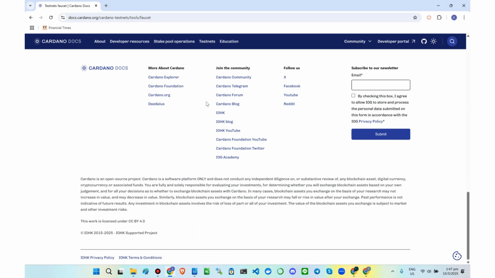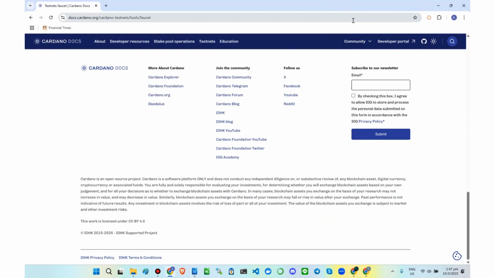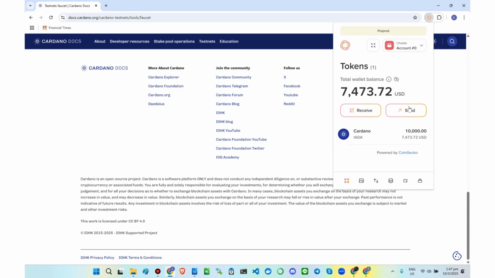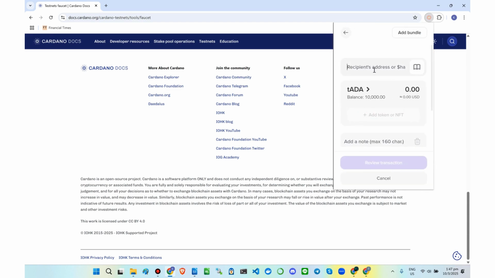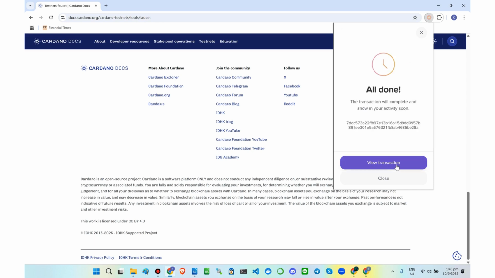To send money to our other wallets requires us to have their addresses handy. So I have saved the address of my other counterparty wallet here. And we also need to know our password to make the transaction. I'm going to send to the recently saved address, let's say for 1,000 ADA, and review the transaction here. This is okay. And it's off. And once the money has been received by the other two wallets, we are ready to go